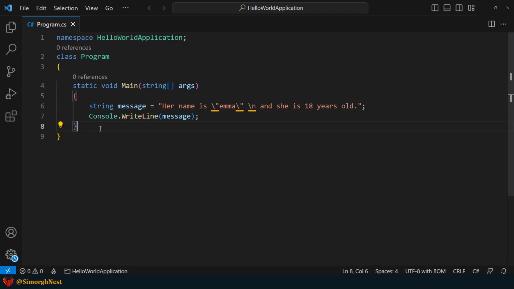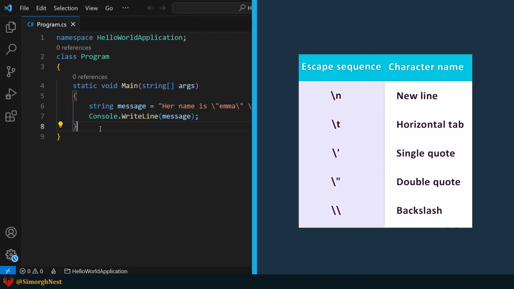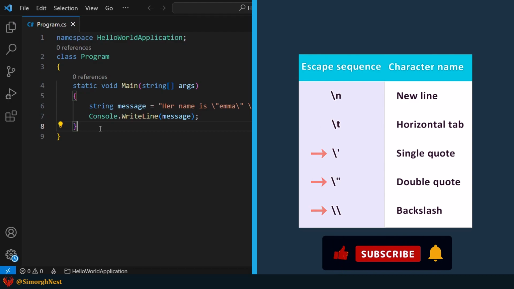Alright, escape sequences are character combinations that start with a backslash followed by a letter or combination of digits. Here are some commonly used escape sequences. Escape sequences have various purposes. They are typically used to specify actions, such as \n to add a new line in a string or \t to add a tab. They are also used to provide literal representations of characters that usually have special meanings, such as the double and single quotation mark or backslash. We've added a link to a table of escape sequences in the description, where you can read more about them.